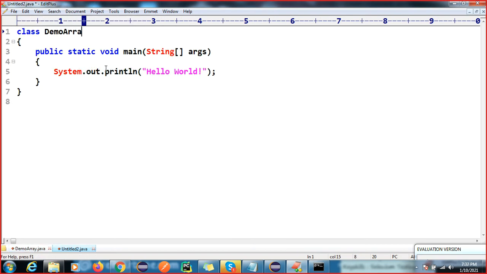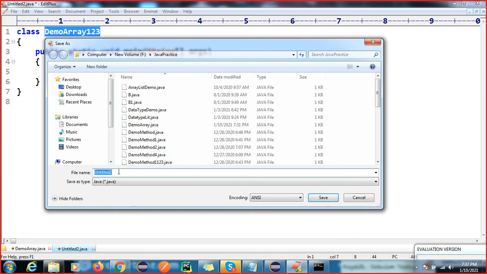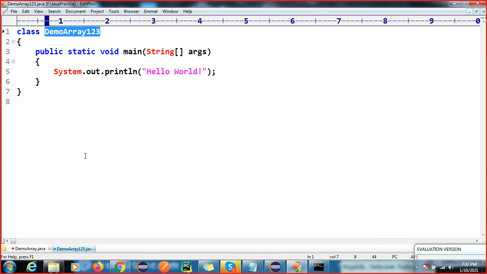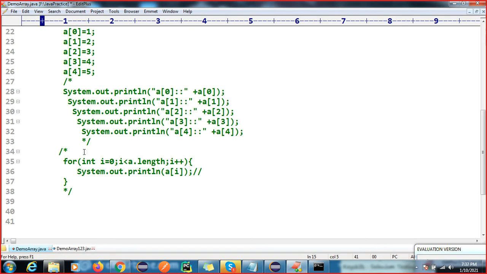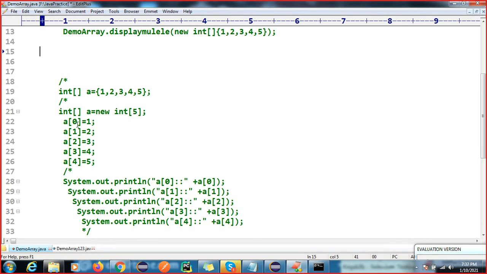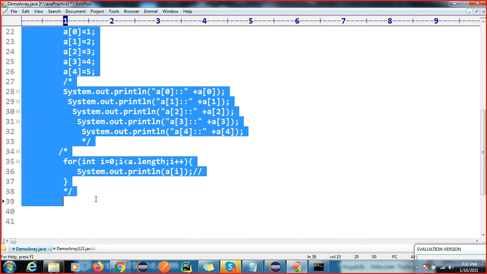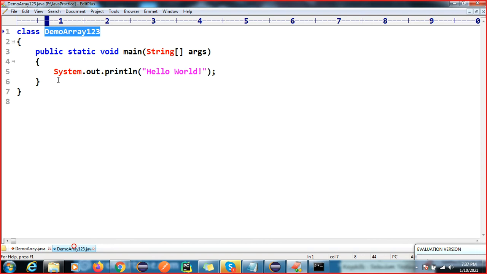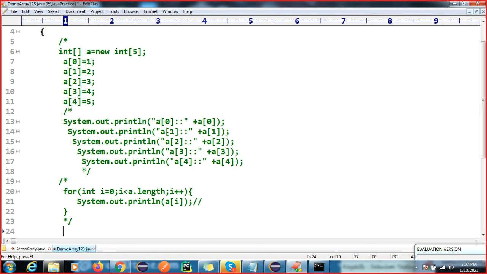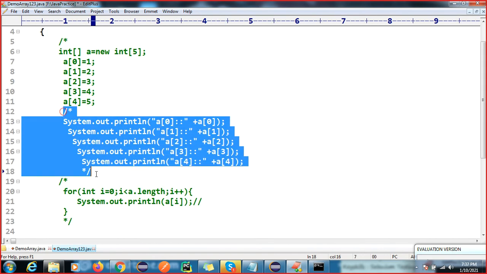Demo array. Then we have some disadvantages of an array. Now we are going to learn what the disadvantage of an array is and what the solution is. We have learned the advantage of an array, and now someone will ask what the disadvantage of an array is. I'm just going to copy this simple one, so we will discuss. Let me remove this. Okay, not required, right?